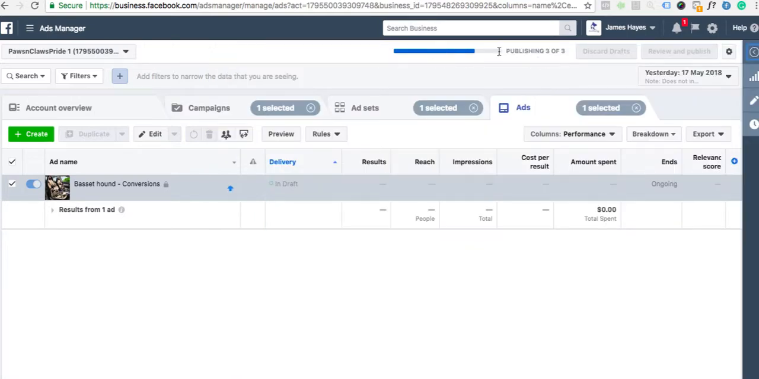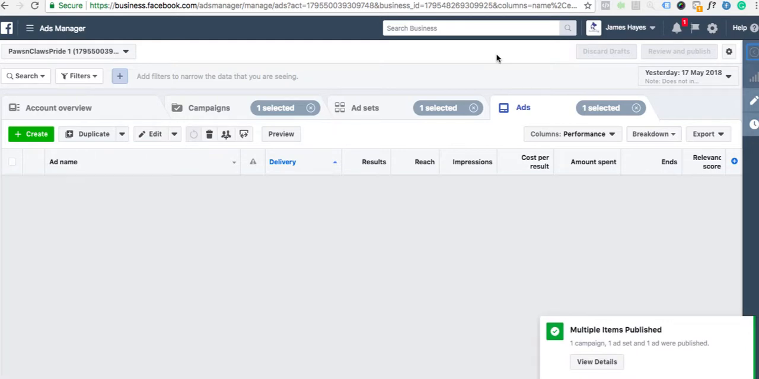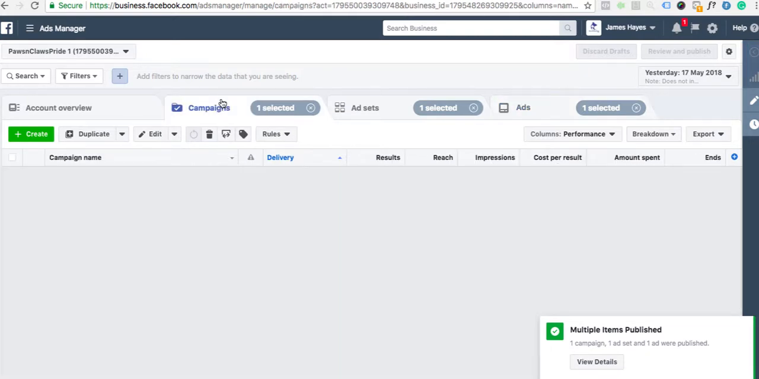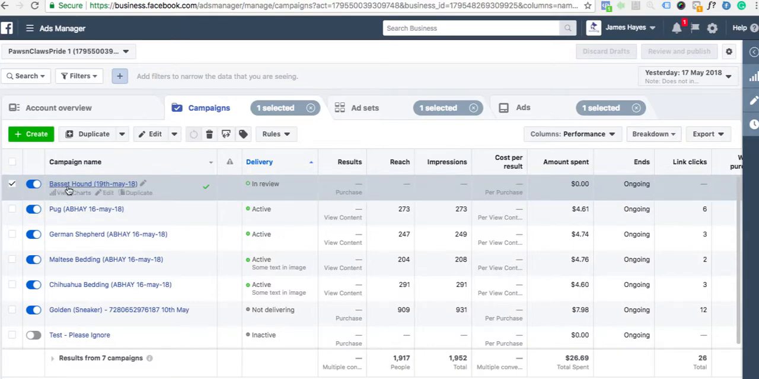And here it is showing the publishing process. So these multiple items are published and your ad has successfully gone into review. Good job, this is awesome. So we have just posted a bedding ad set successfully for Basset Hound. Now we have one more ad, that is for car seat cover. Car seat covers are a little different from the bedding. So for that, let me just